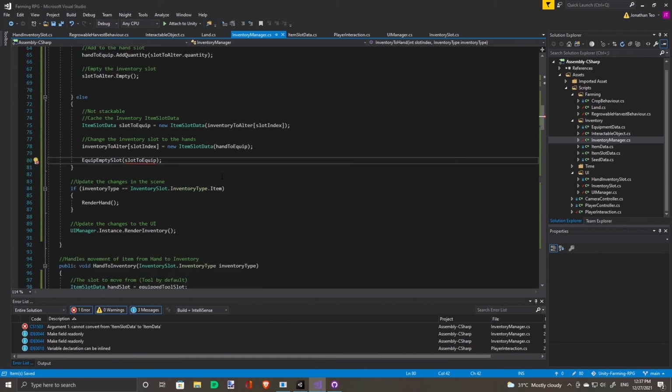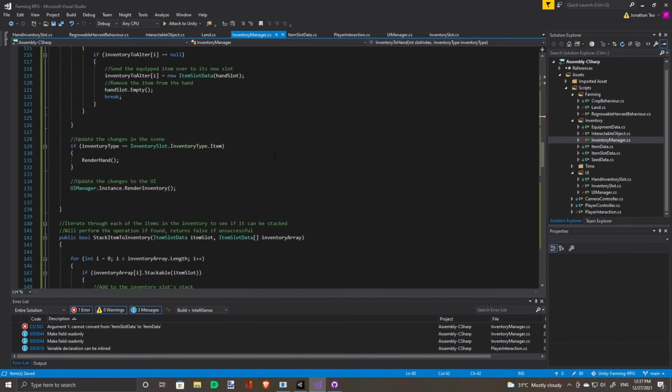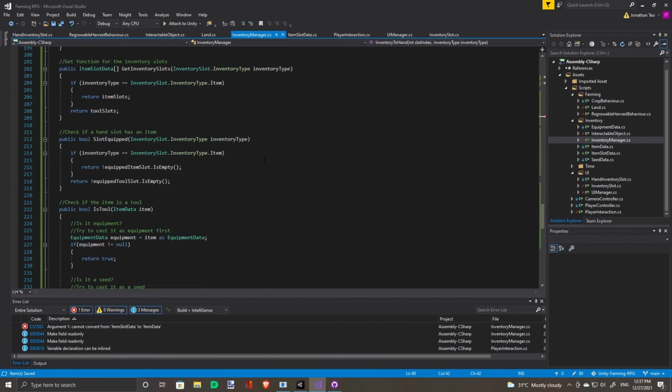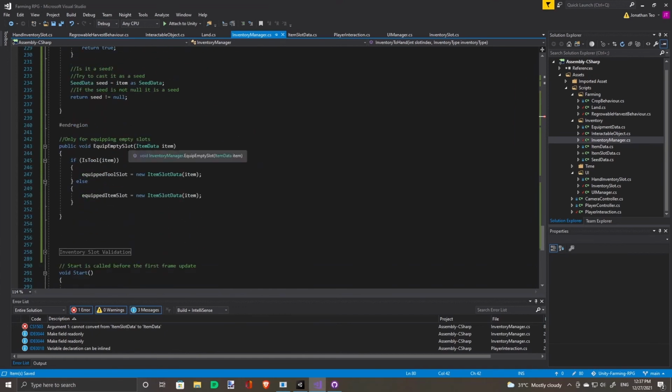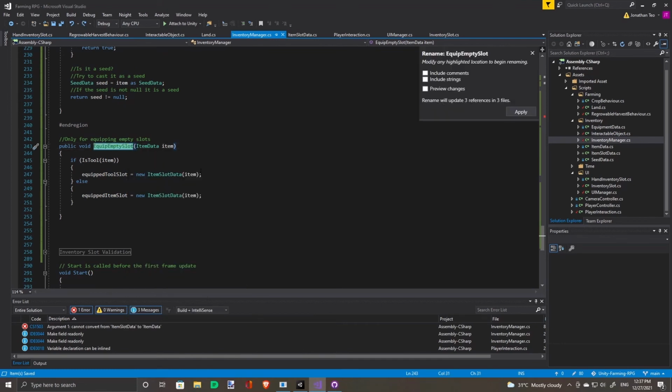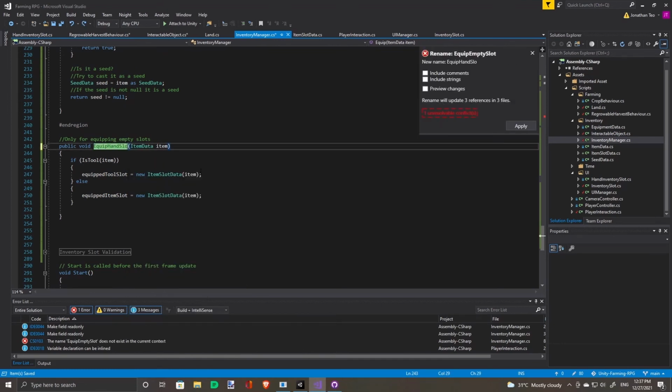We get an error because the function only accepts item data variables, but we want to pass over an item slot data. Moving over to the equip empty slot function. Now that I think about it, equip empty slot might not be a suitable name, so let's rename it to equip hand slot.